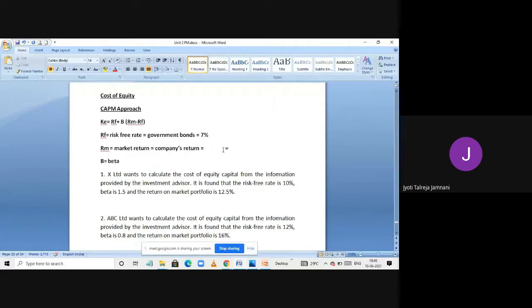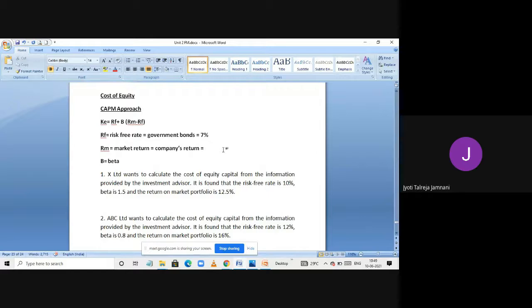Will you? No, because you will say that, see, when I'm saving in government bonds, they're giving me 7% without any risk. And when I'm investing in your company, it is risky because you have no guarantee. You may shut down anytime, you may earn losses, but still I'm taking the risk and giving you my money. So for that risk, you need to pay me something extra. So the companies will always have to pay you a little more than the risk-free rate. Otherwise, people won't invest.